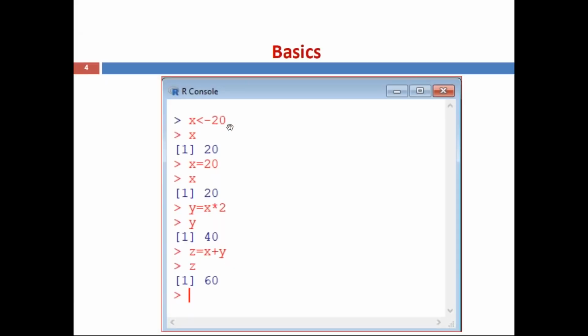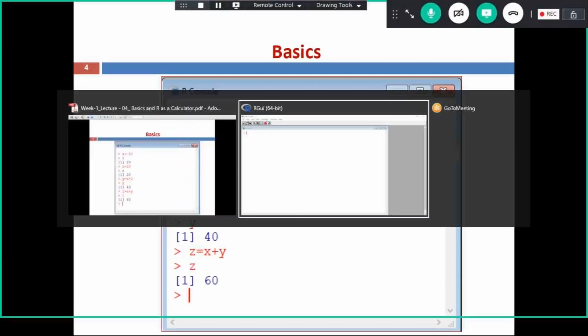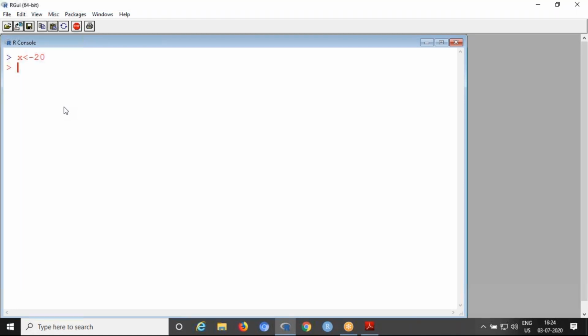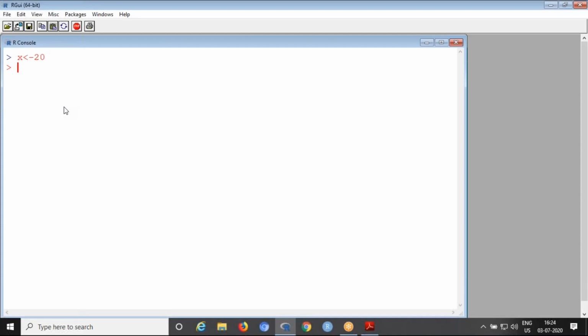First, what we have done, you can see here one by one. Same as before, you can type first x = 20, or x <- 20. Now 20 is assigned to x. To see whether 20 is stored in x or not, simply type x, then enter. Now x contains 20.